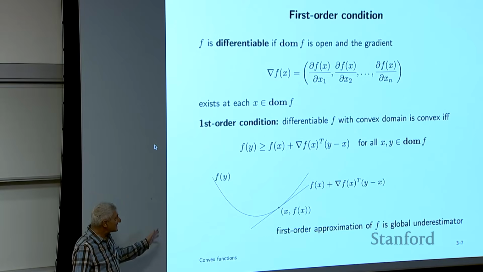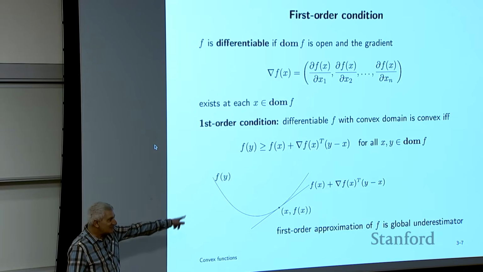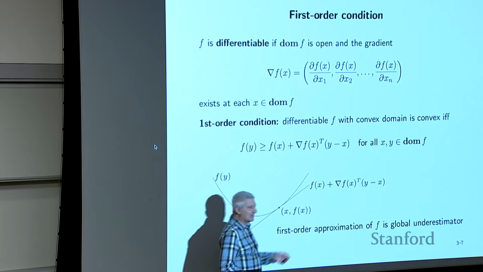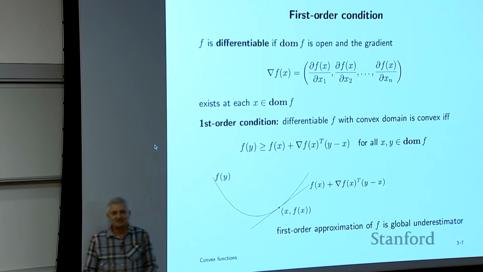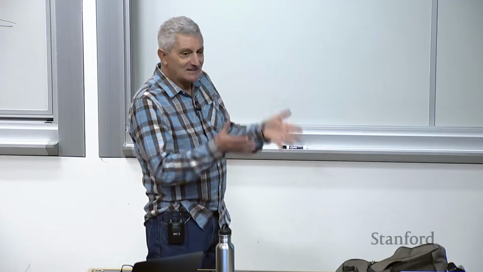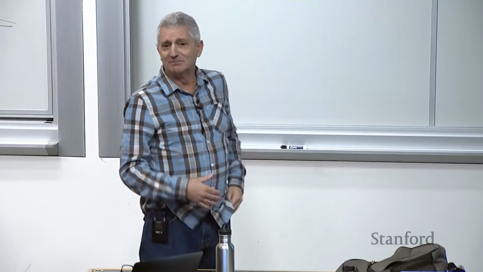But what we know is actually really cool. It says that basically it is a global lower bound, or underestimator. Okay, so that's what it tells you. And I think if you have this picture in your mind, you're good to go. In some weird way, all the weird stuff in the class comes down to this one picture, which is really dumb.